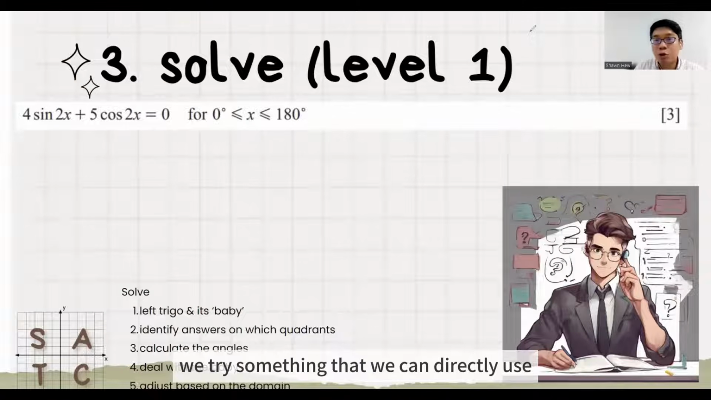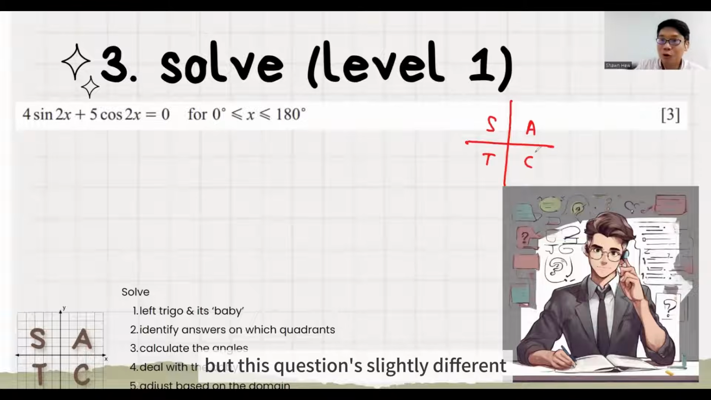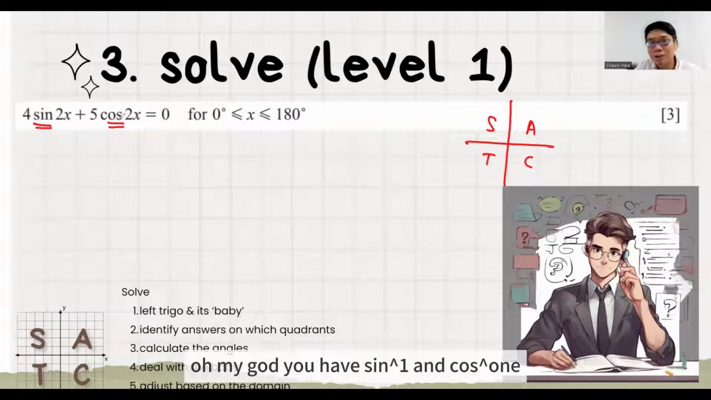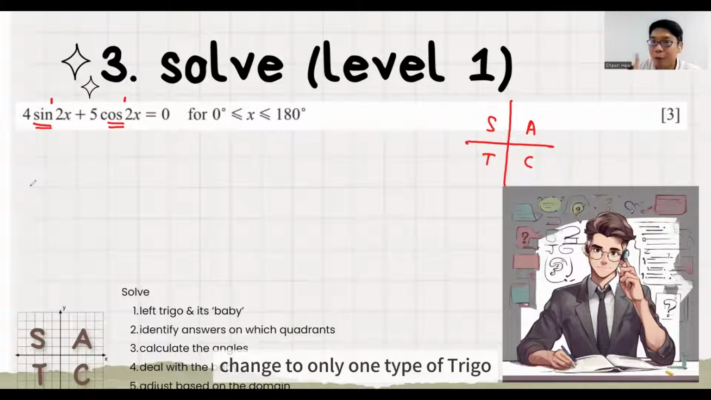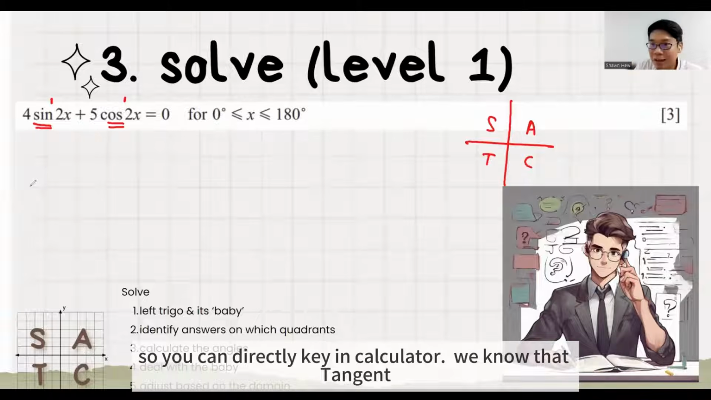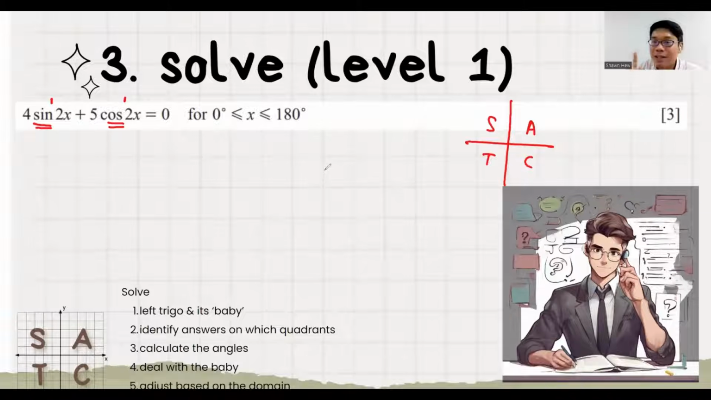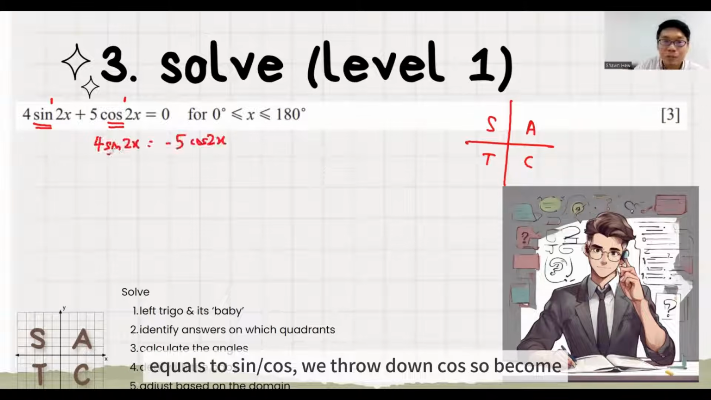Second past year question: we try something that we can directly use ASTC to solve, but this question is slightly different. Oh my God, if you have sine power 1 and cos power 1, what should you do? You must make sure sine and cos change to only one type of trigo, so you can directly key in the calculator. We know that tangent equals sine over cos. We throw down cos. So it becomes